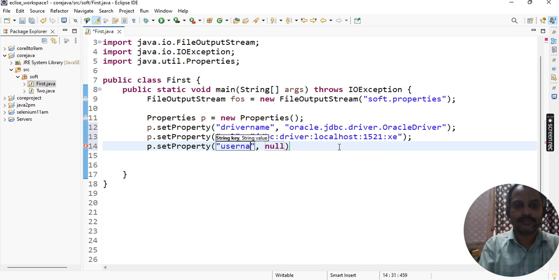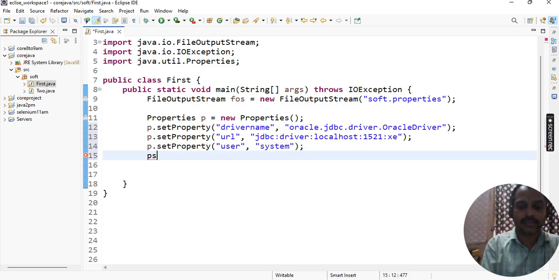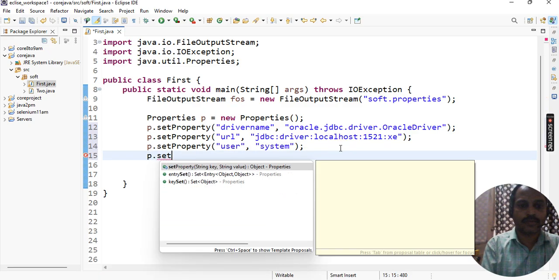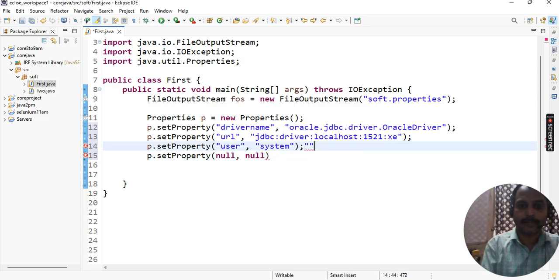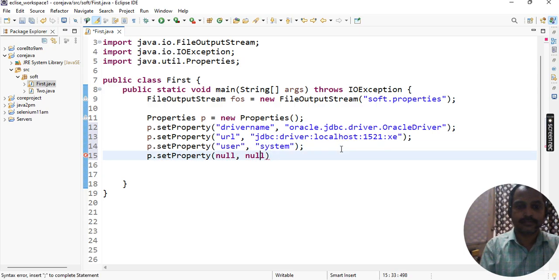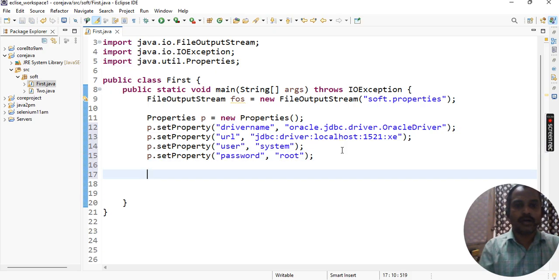User, so it is the system username. And one more thing: last, set property, that is the password. Password is within the double quotes, root. So after that, p dot